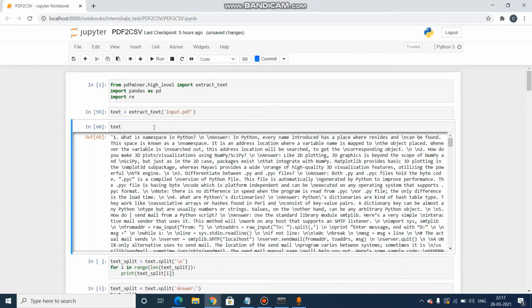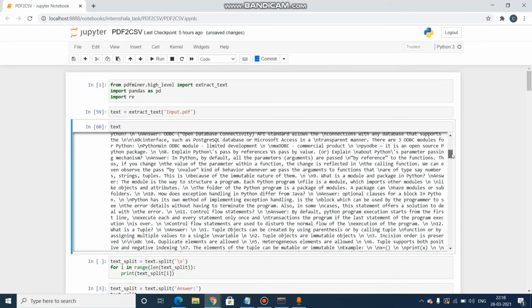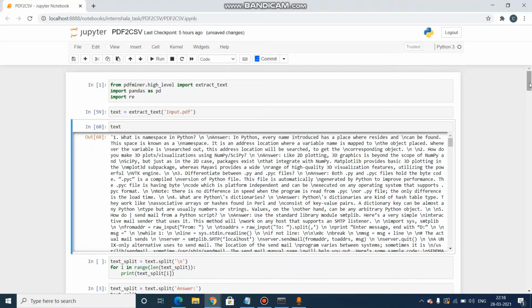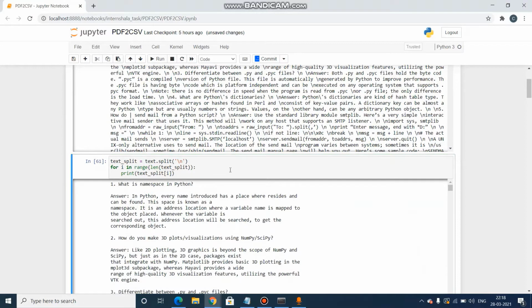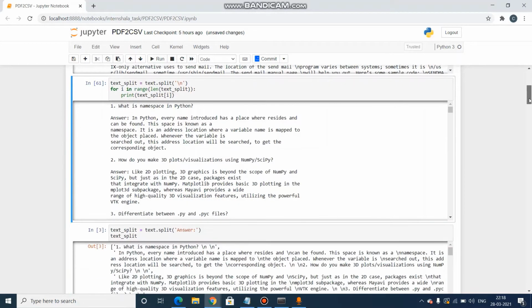Now you can see the text we are getting looks something like this. It's not clearly visible, right? So I have written some code here: I split this text using \n and then printed it using a for loop.